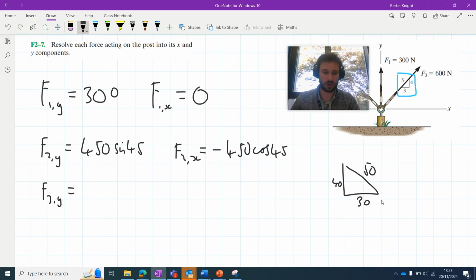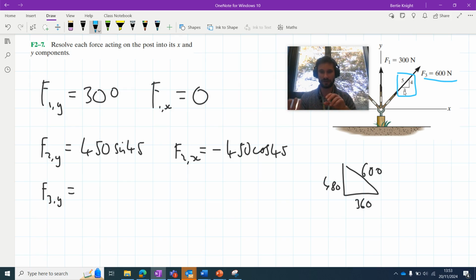It could just as well be 600, 480, 360, 600 being the magnitude of this force here. So evidently we can see it's not necessarily the 3, 4, 5 that matter, it is the proportion that they have to each other, since the three here, or the 3/5,